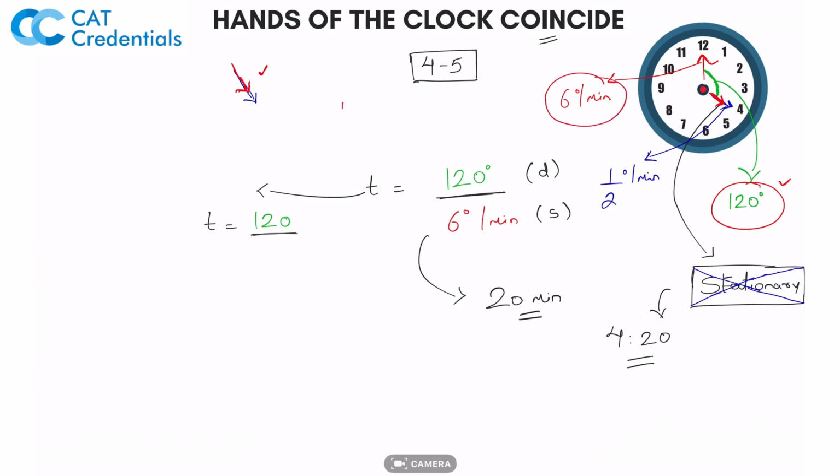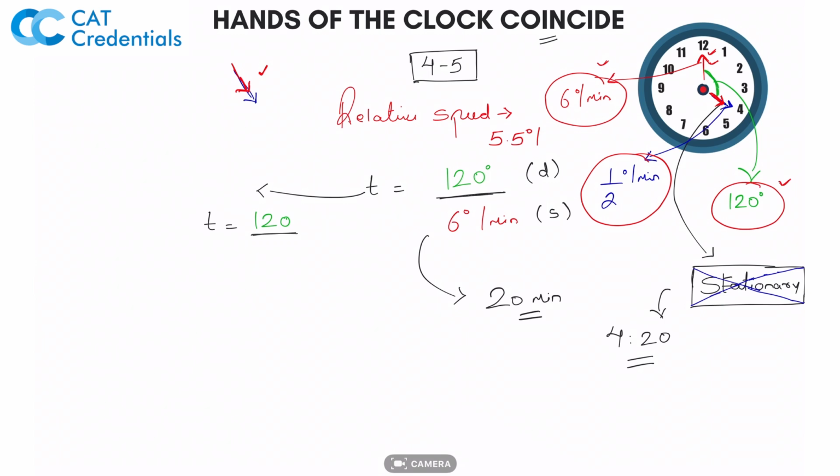But what is the relative speed, I am asking you? What is the relative speed of the minute hand? That is not 6 degrees per minute. Why? Because when the minute hand is traveling by 6 degrees, the hour hand is also traveling ahead by half a degree. So eventually, as a resultant, how much did the minute hand travel? It traveled only